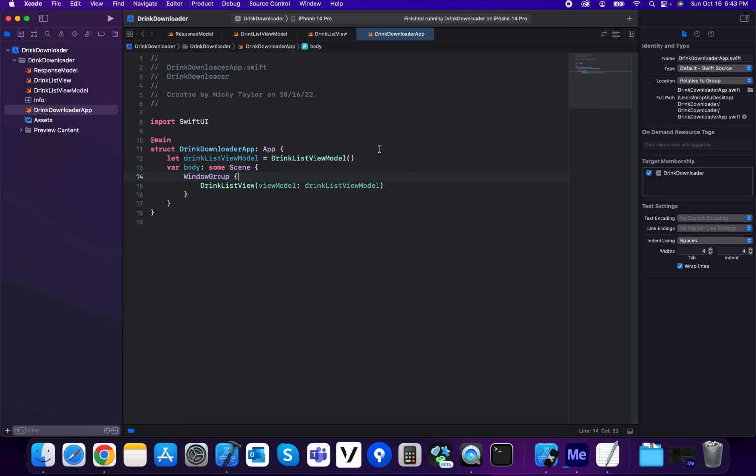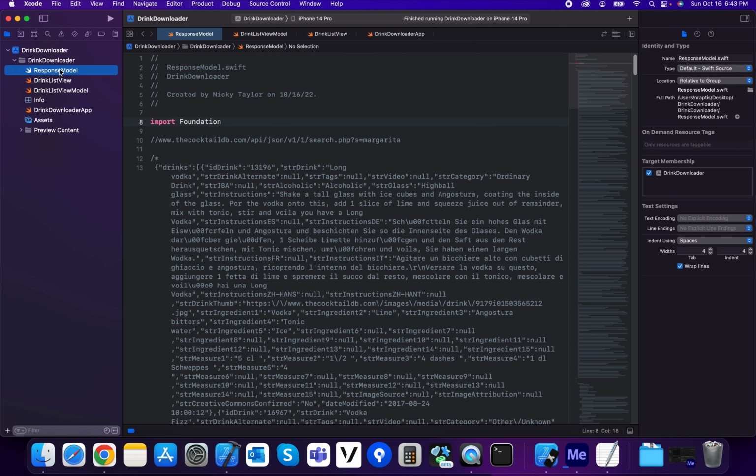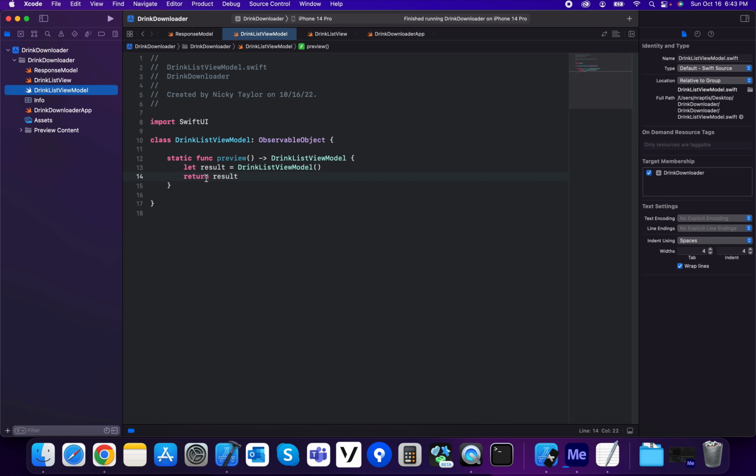Alrighty, let's go ahead and hit that web service with the bare minimum amount of code possible. So I'm going to grab the URL from the InResponse model. I'm just going to copy that to the clipboard. Then I'm going to go to DrinkListViewModel, and I'm going to make a func called downloadDrinks, and this is going to be asynchronous. So I write async,